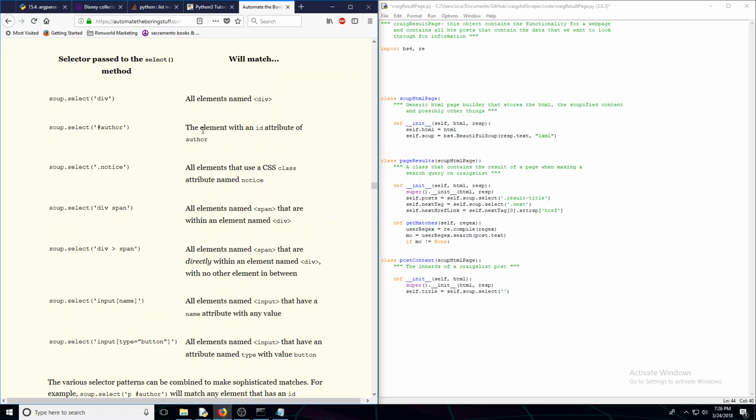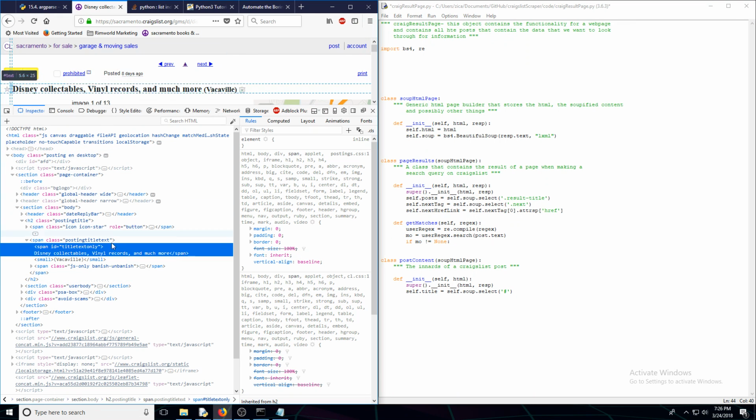With an ID attribute author. That's what we want right there. So we're going to do pound title text only. Okay. So now we're going to go self dot